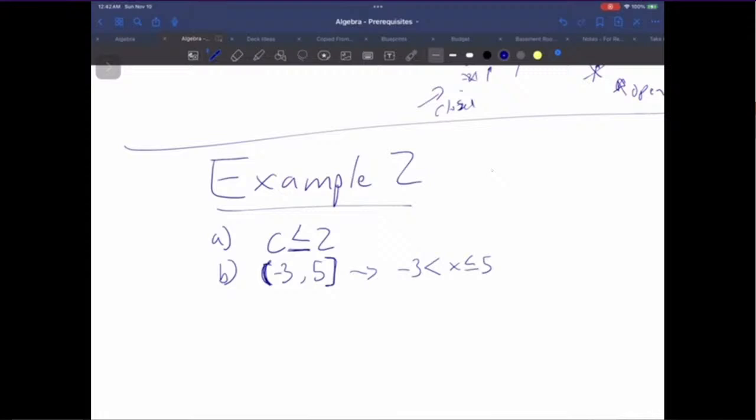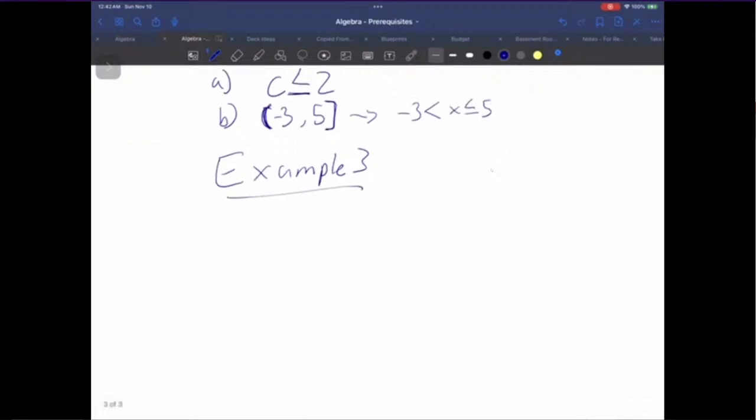So now, let's do the reverse with example 3, where we give a verbal description of each of the intervals. So we have -1, 0. We have 2, infinity. And we have